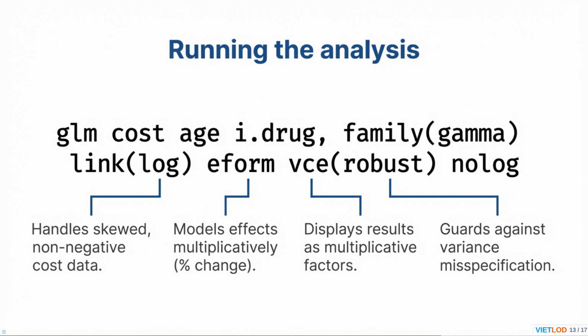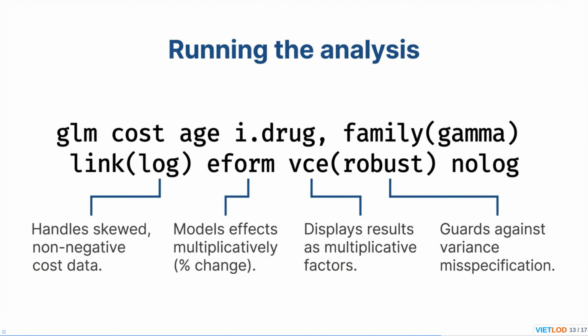We've explored our data and decided on the appropriate generalized linear model. Here is the complete Stata command to run our analysis. Let's break down each component. We start with GLM cost age i.drug, where cost is our dependent variable and age and the categorical drug